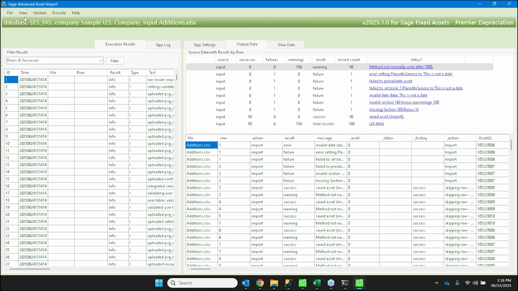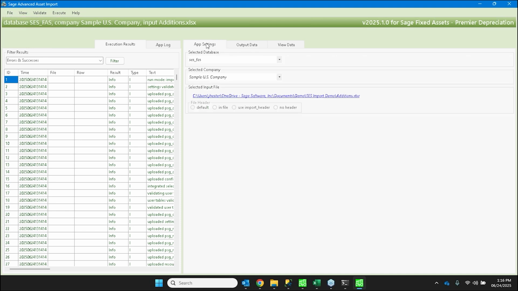So back in utility, up on the ribbon, what do we have on the file? On the file, we have Sage Settings. That saves your app settings. So to the right, back to the app settings tab, John. When we set our database, our company, our source file, we can choose Save Settings here, and that would save